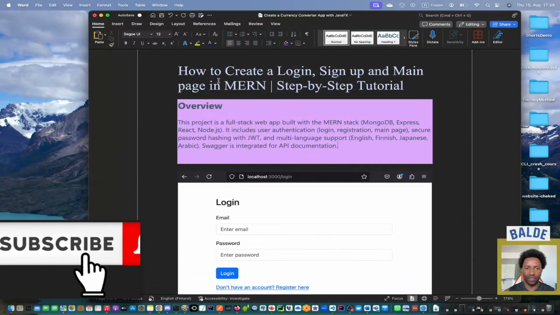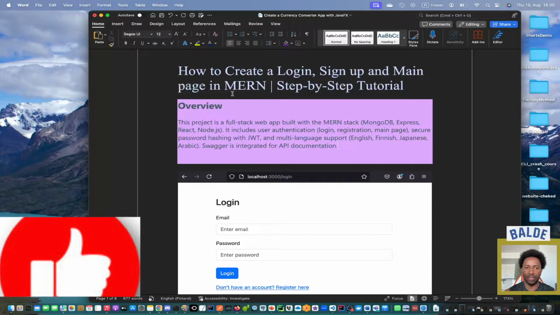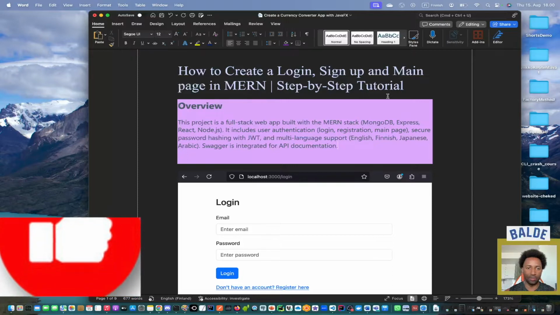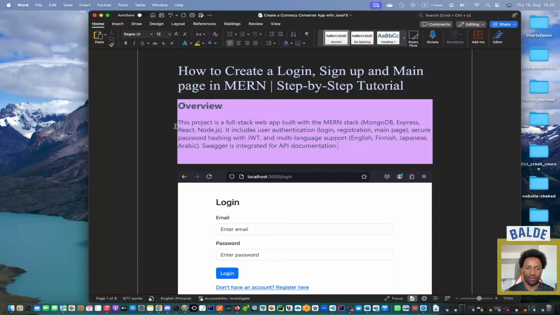Videos. Today we have this tutorial on how to create a login, sign up, and main page in MERN. Step-by-step tutorial. Here's the overview. I will read it. This project is a full stack web app built with the MERN stack: MongoDB, Express, React,